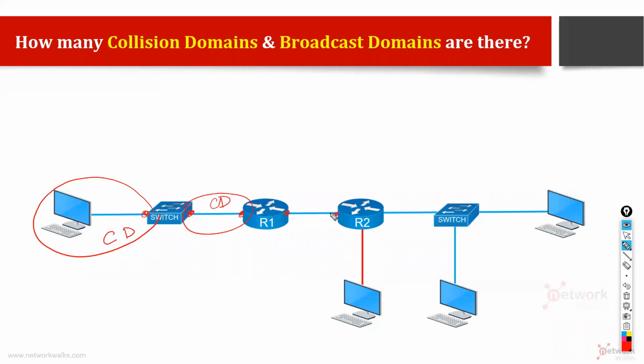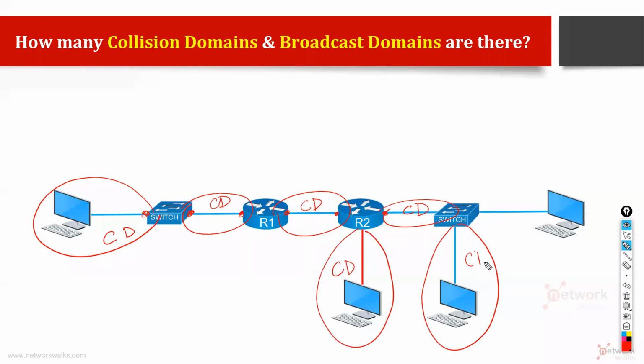Between a router and a router, Suleiman says 4. Sia says 7. Matthew says 5. Dennis says how many? Cyber Knight, Eric. So this is also one CD between two switch and a router. Each port on a router, each port on a switch, each port on a switch. 1, 2, 3, 4, 5, 6, 7. 7 collision domains total.